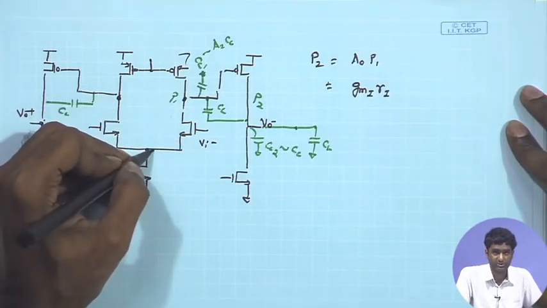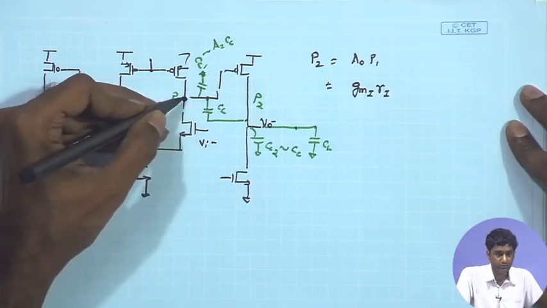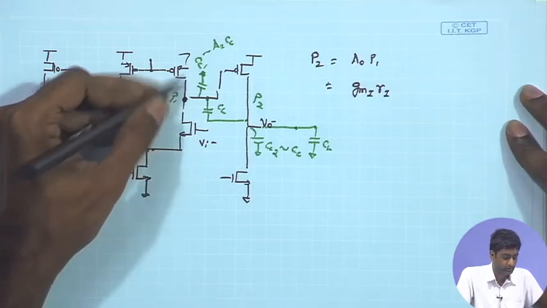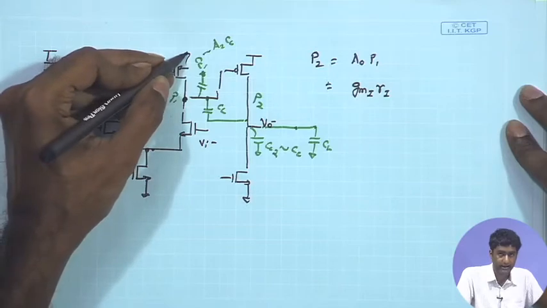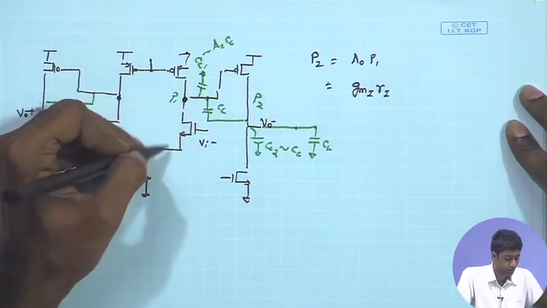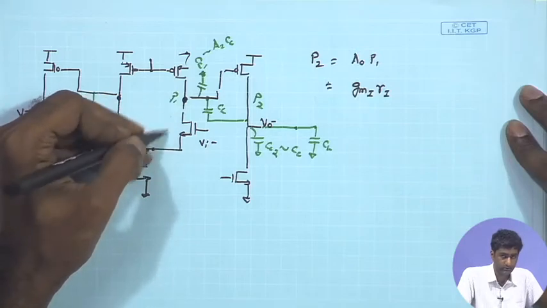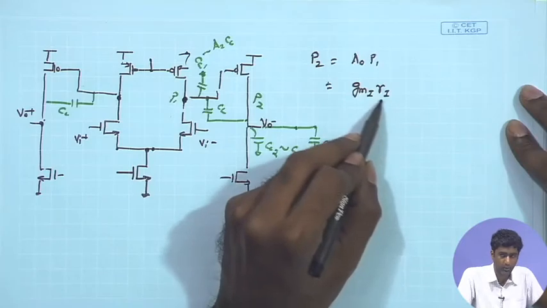Remember, for the differential operation this is at AC ground. So, in order to find out P1, I need to find out the R equivalent and C equivalent at this particular node, and the R equivalent is basically RO of the PMOS coming between this node and AC ground, and likewise RO of NMOS coming between the output node and another AC ground. So, therefore, it will be RON parallel ROP,